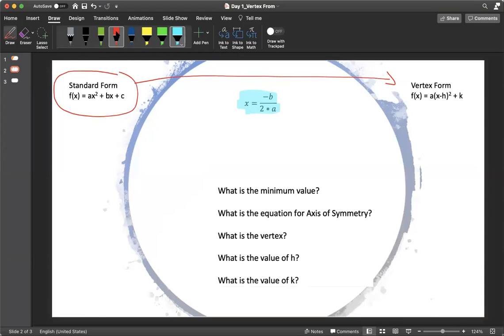This formula is x is equal to negative b divided by 2a. So it is everything on the top divided by everything on the bottom. So if our b value is an 8, that means negative b is going to be a negative 8. And if our a value is 2, that means